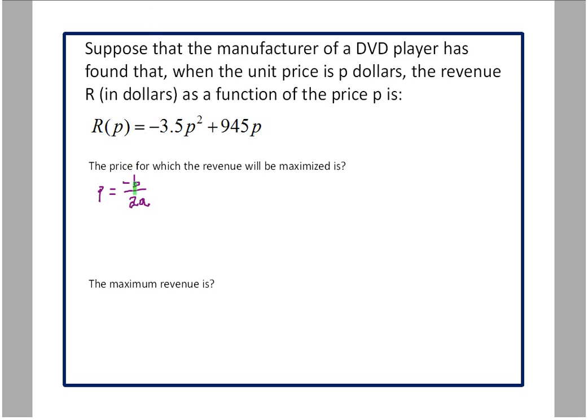And our b is the number in front of the p, so it's going to be the 945 there. And our a is the number in front of the p squared, so we're going to substitute it in for there. So that gives us a negative 945 over 2 times a negative 3.5. And 2 times the negative 3.5,